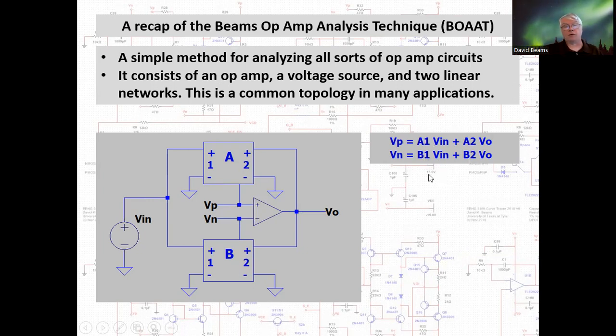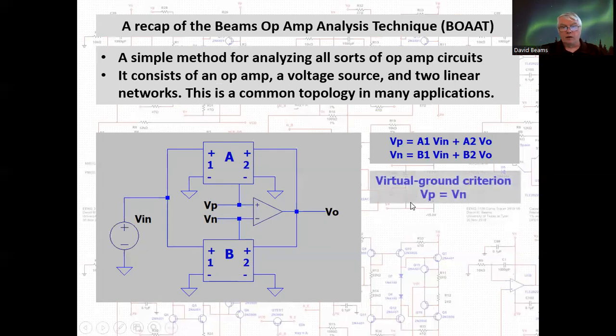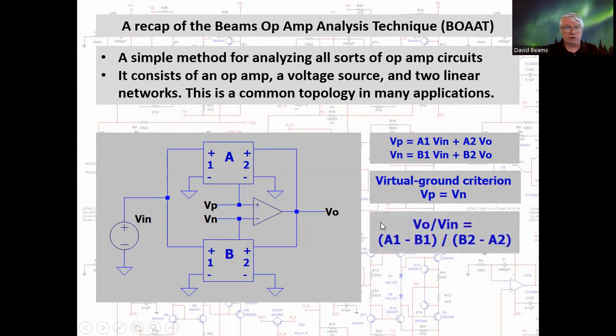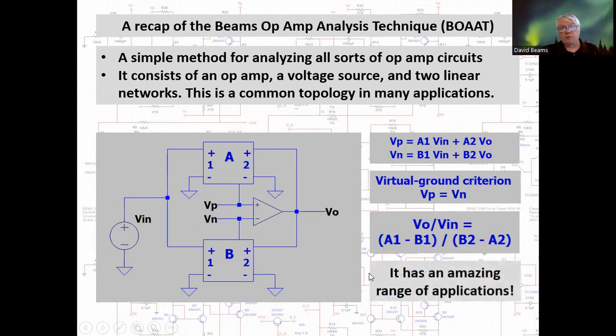weights B1 and B2. Then if we apply the virtual ground criterion, the op-amp will find an output voltage that drives the difference between Vp and Vn to zero, meaning Vp equals V sub N. We combine the virtual ground criterion with the definitions of V sub P and V sub N and produce an expression for the transfer relationship Vout to Vin in terms of these coefficients: A1 minus B1 divided by B2 minus A2. It has an amazing range of applications, and we've already seen in the two preceding videos, the